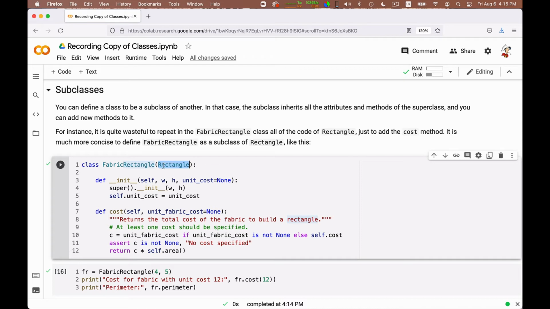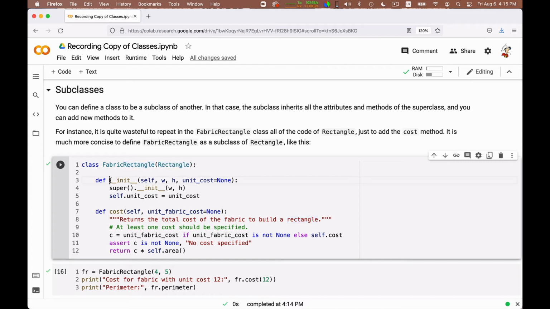So the way it works is this: you define the superclass in parentheses. It's not a very sophisticated inheritance mechanism like in Java, in which you can inherit from multiple classes and so on. In Python, you can inherit from only one class. I think that's somewhat better. It sort of limits the way in which you can tie yourself into a loop.